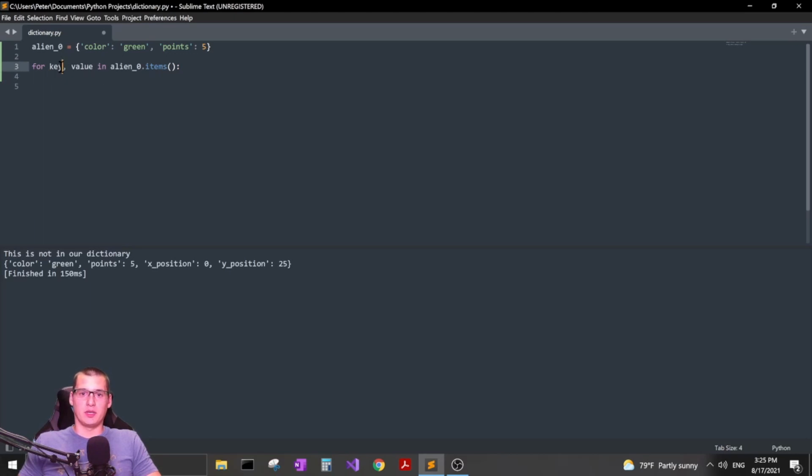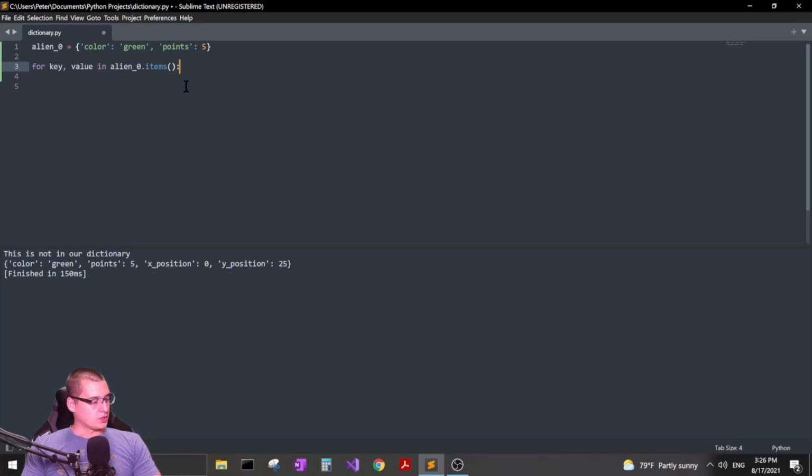So we have our key, then a comma, and value. So it's going to hold our key objects in key, and the value associated with the keys in value. That way we'll be able to see them. In obviously specifies that we're going inside of this dictionary. And then the dot items method, I assume is just one that's going to basically get the items for us